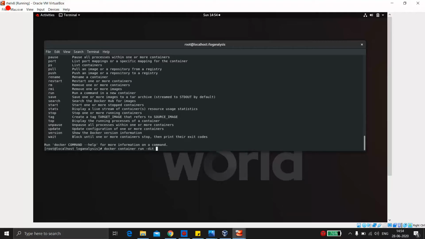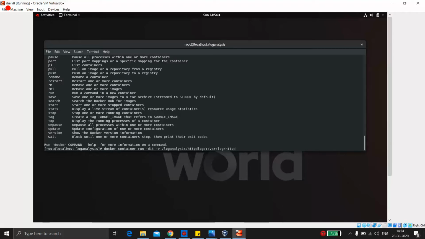Then, as we discussed earlier, we'll mount this as a volume. Which directory will we mount? We'll mount the log analysis httpd log directory, and we'll mount it in the directory where we'll have our log saved. So it would be this directory.